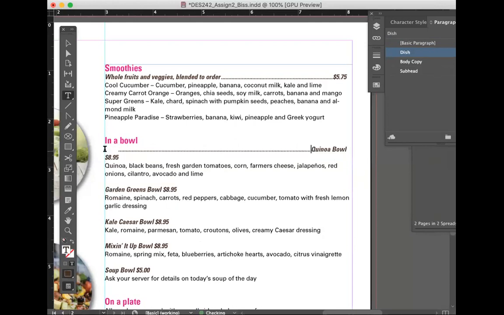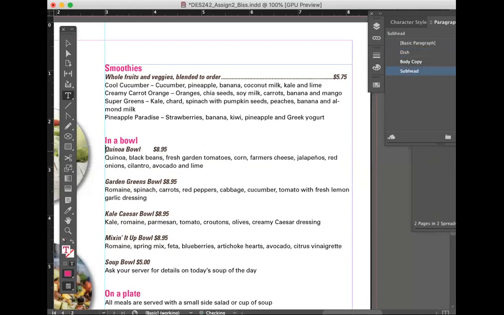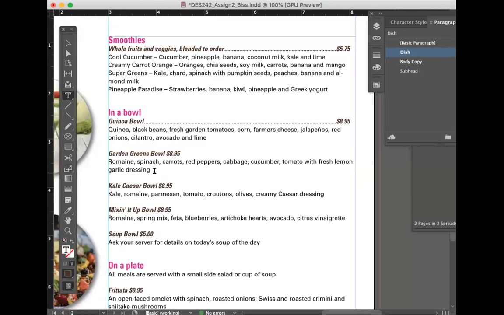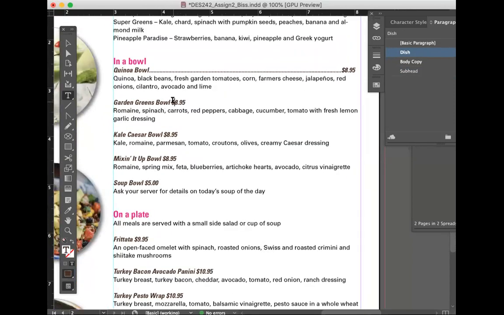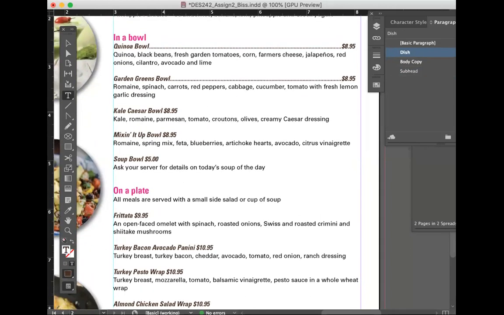Not sure why this isn't, oh, I need a tab. Hold on 1 second. I think I might have a weird space in here. There, that's really strange. I lost my tab in there. Pretty neat. My style shifted, that's why. All right, let me just go ahead and put that in there. There we go. Looks like I lost my tab. I'm going to have to adjust that. But just go right before where you want the leader to be set. I'm going to delete that extra space, so there's no weird space there.